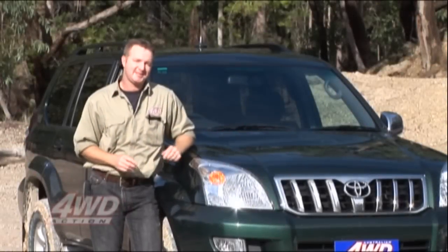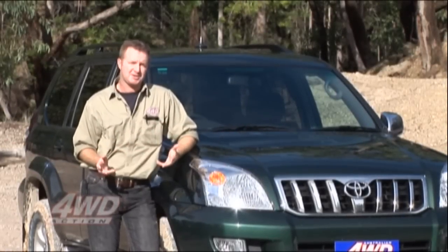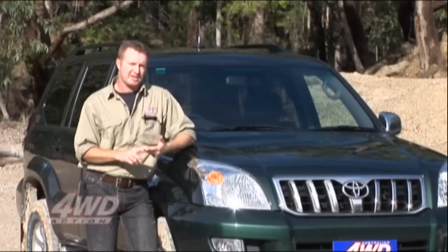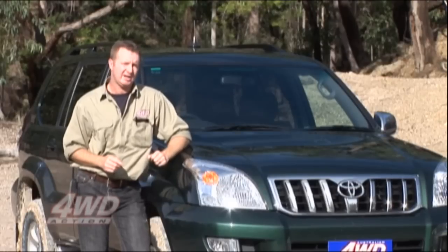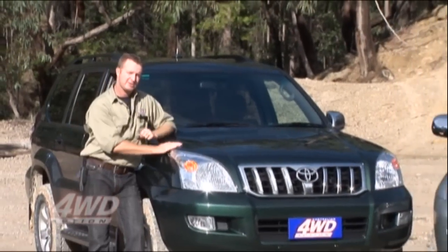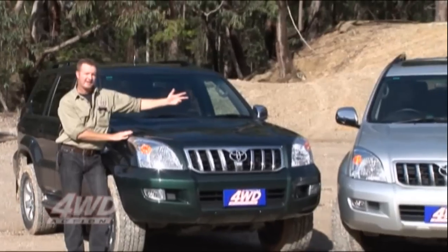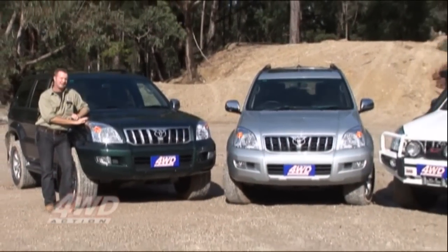Have you ever considered the difference between a locked and an unlocked four-wheel drive in an off-road situation? Well, as well as those two options, you really should consider a third option of having electronic traction control. Now, we've lined up a test here with 3 Toyota Prados. The first has open diffs, the second has factory electronic traction control, and the third vehicle has ARB air lockers